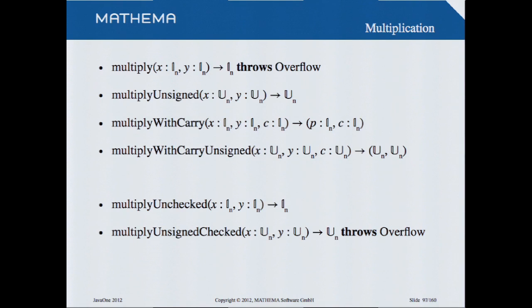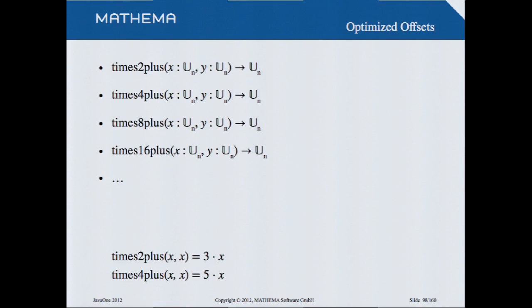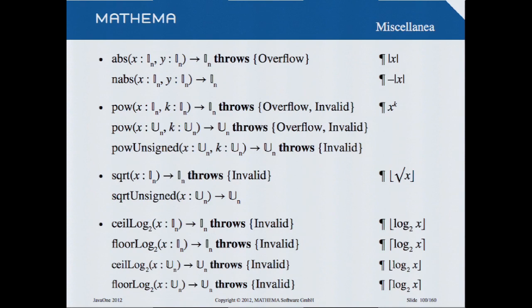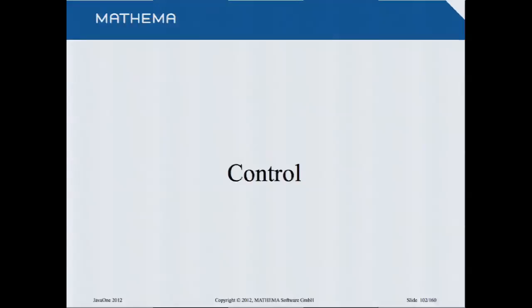Okay, we have multiplication. It's the same with the add. We have multiplication with carry, which allows us to have a multiplication with several elements. And we have special versions which use shift operators. And if there's a machine instruction available, then we can use the machine instruction. Oh, so we have to hurry up a little bit. We have shift operations. The shift left will overflow. The shift left unsigned will not overflow. This is what we have in Java. We have a lot of other functions which are very, very fine.